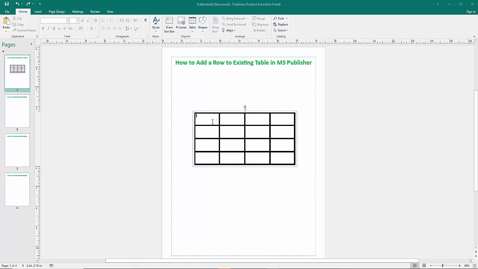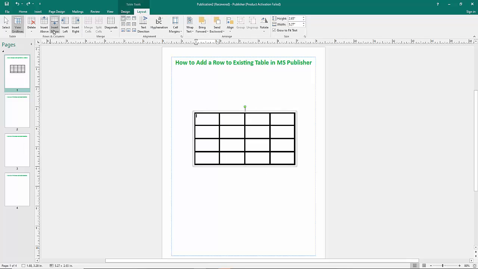Now select the table. Now go to the Layout option. Now click Insert Above from the Rows group. Now click, and you will see a row added to the table above. Then again